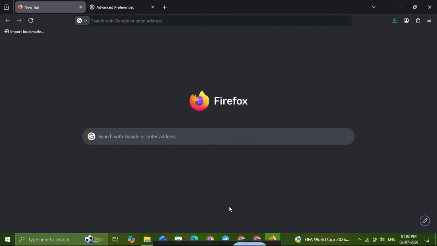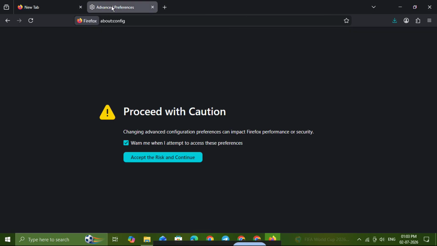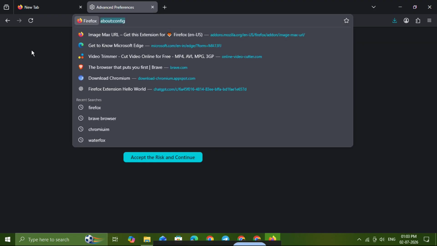First, open Mozilla Firefox on your Windows computer. You can do this from your desktop, Start menu, or Taskbar, whichever is easiest for you. Once Firefox is open, you need to access the Advanced Configuration page. To do that, click inside the address bar at the top of the browser and type About Config, then press